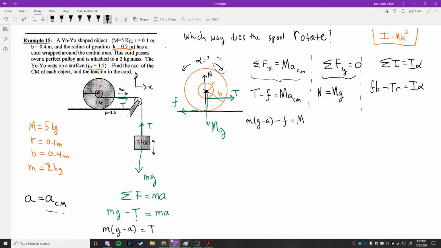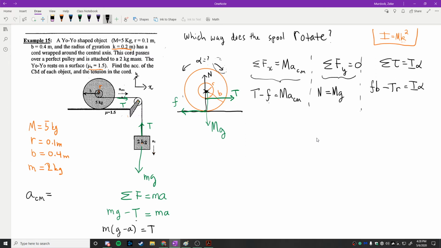But we will be able to make another statement here. I've got to step back a second and think about this. I think I made a mistake here. I don't think I can say that, and I don't think we can do the step that we just did here either, now that I think about it. What we will have to say is that whatever A_CM is, we know that it's going to be equal to r times alpha, where alpha is going to be defined using